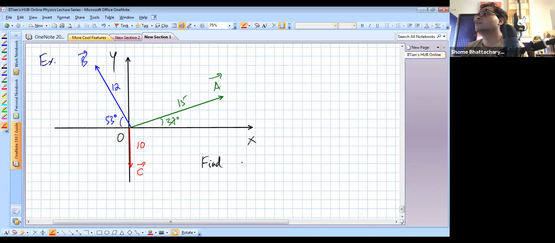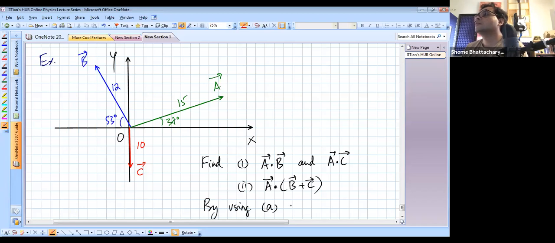So find A dot B and A dot C, and also find this, okay, by using the definition